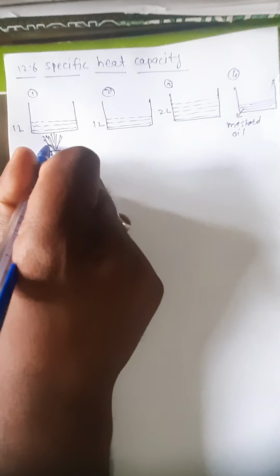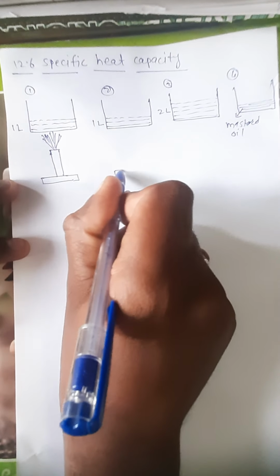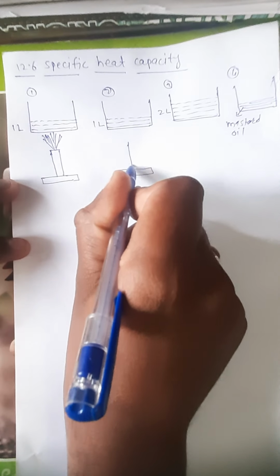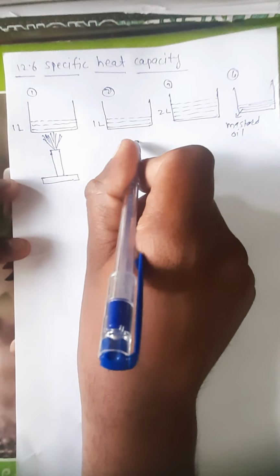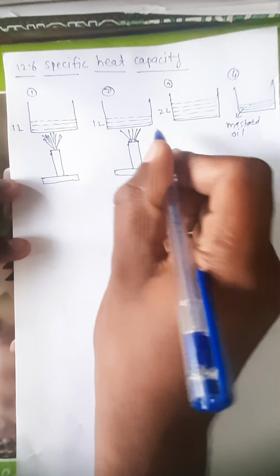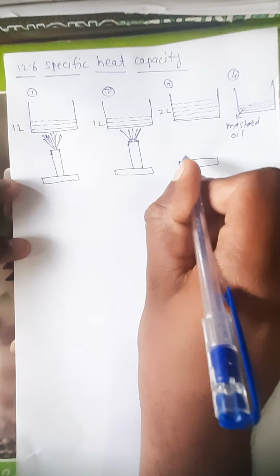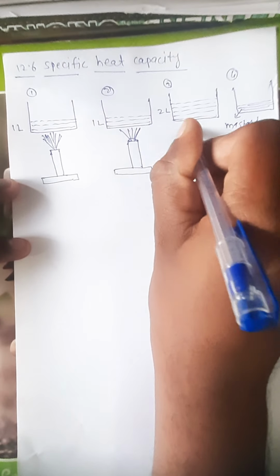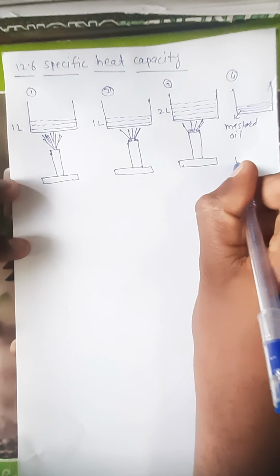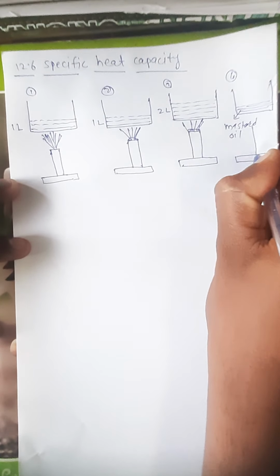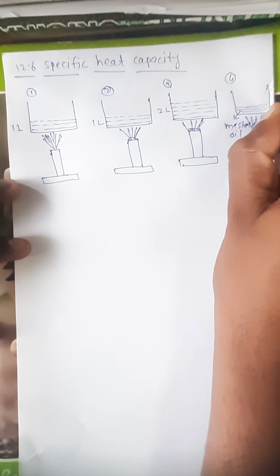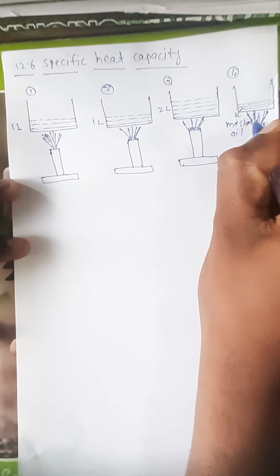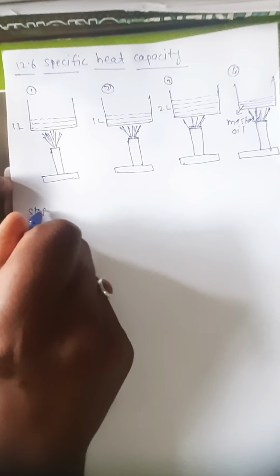Now all four vessels we have to provide heat with the help of a burner or any other instrument. We have to provide an equal amount of heat to all four vessels, with the help of a burner or any other instrument. Now, by taking a stopwatch,